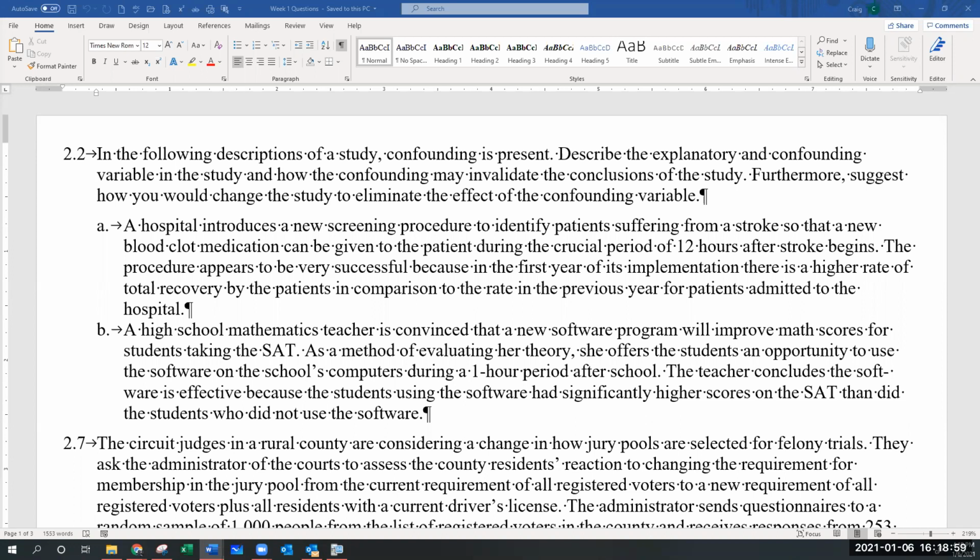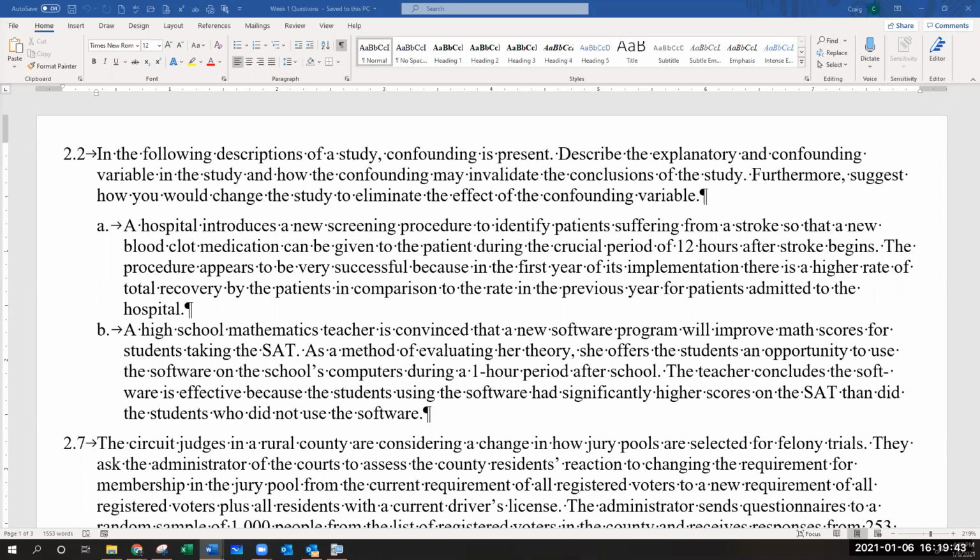Kind of. Yeah, it's all about boiling it down to a hypothesis test. I know we haven't talked about hypothesis tests formally, but a hypothesis test is basically a scientific way of making a claim and then testing that claim. So it's all about: I see something happening, I think I can make an improvement to it, so I'm going to create an intervention. And what is that intervention going to be? Well, in this case, the intervention is I'm going to give patients this new blood clot medication. And that new intervention becomes the point of study.